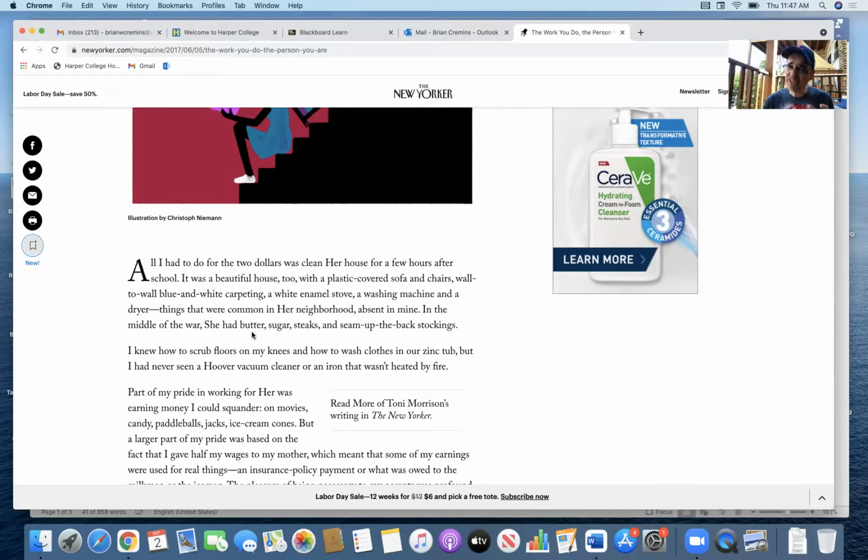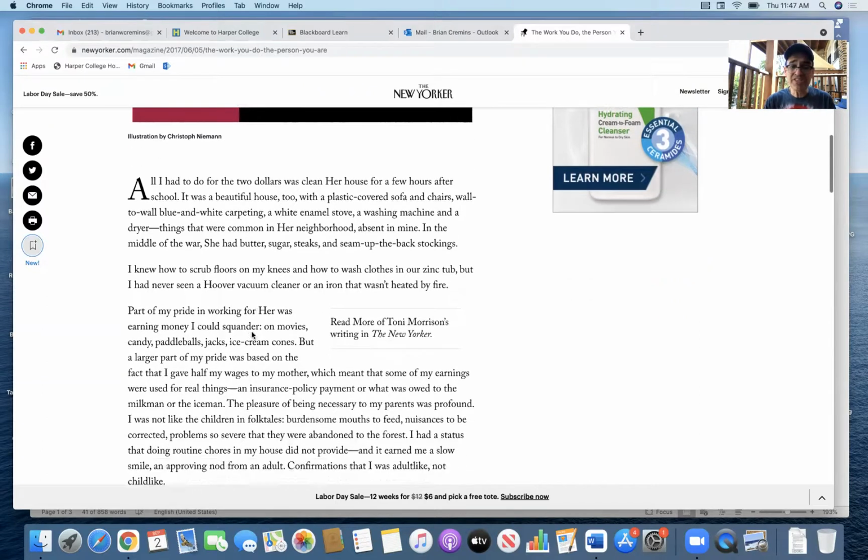And in this one, you're seeing Toni Morrison writing about this first job she had in the early 1940s when she was a little girl in Ohio, and had to do some ridiculous stuff. If I'm being honest, she's being asked to move like bookshelves. She's too small to do this, but the person that she's working for is asking her to do all these things in her house, and this is where she makes a little bit of money, and it's exciting for her